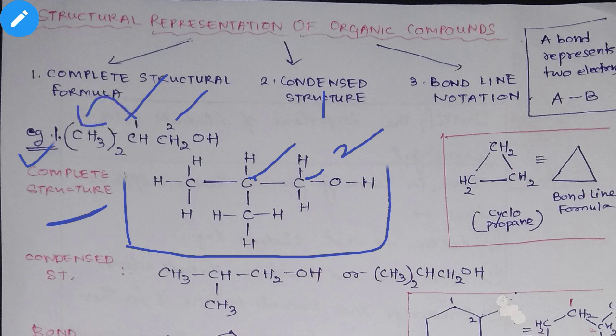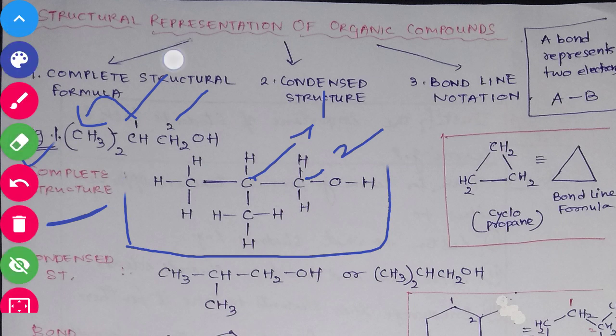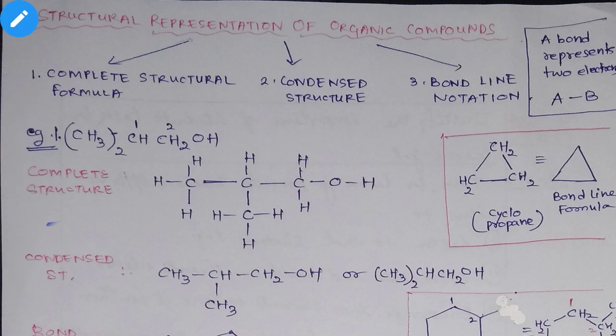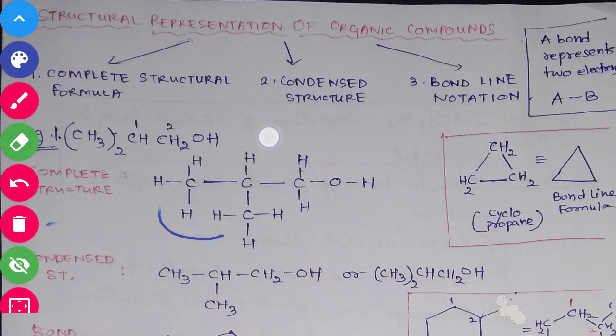This CH group, the CH which is marked number 1, has 2 CH3 groups with it, right? So this carbon number 1 we will show here. I will write it again to show you. I have already written it, but in front of you I'll write, you see. First of all I'll write this carbon number 1. So this is the carbon number 1. Better I write with a different color.